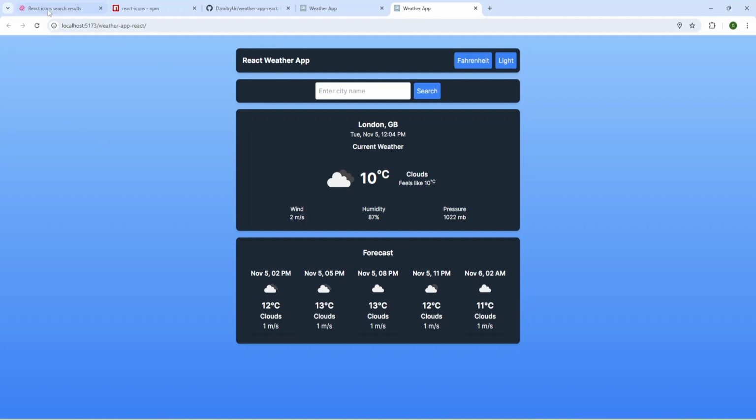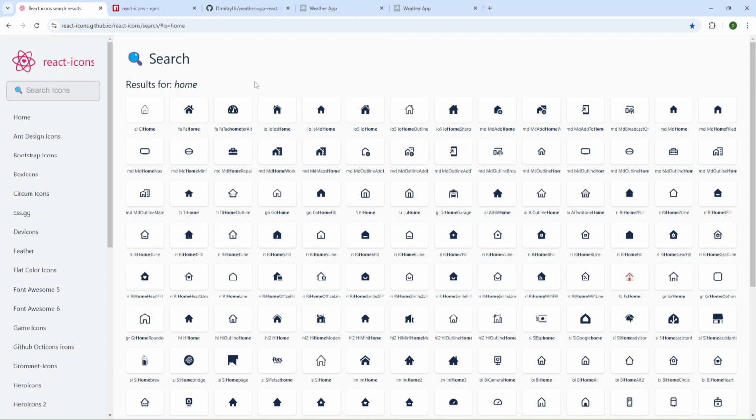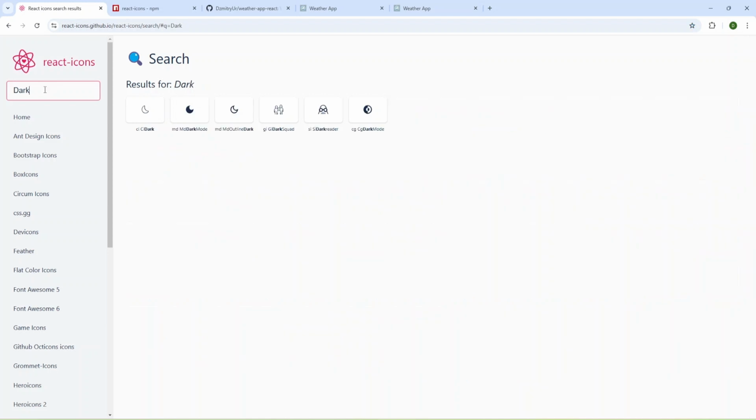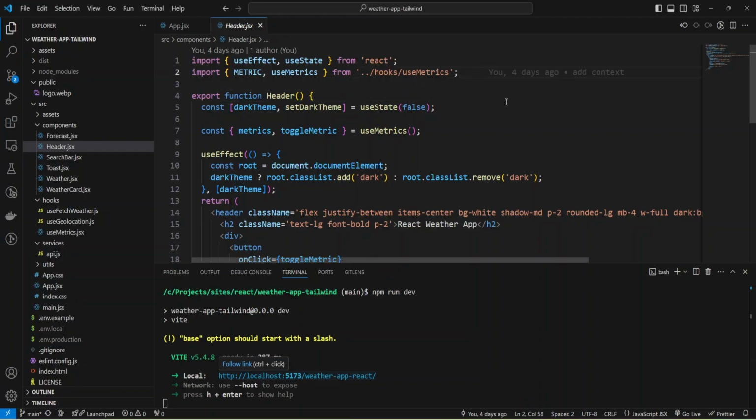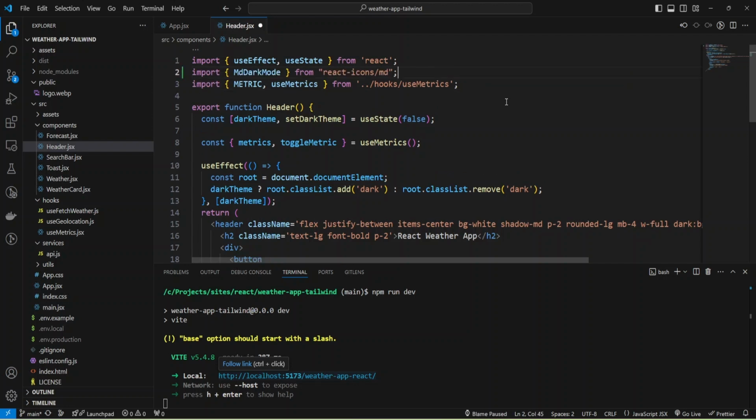For that, I'm going to open the React Icons documentation and search for some icons. Let me search dark mode. I would like to add this icon, and for that I can click on the icon and copy this code with the import, and I'll place it inside my component.